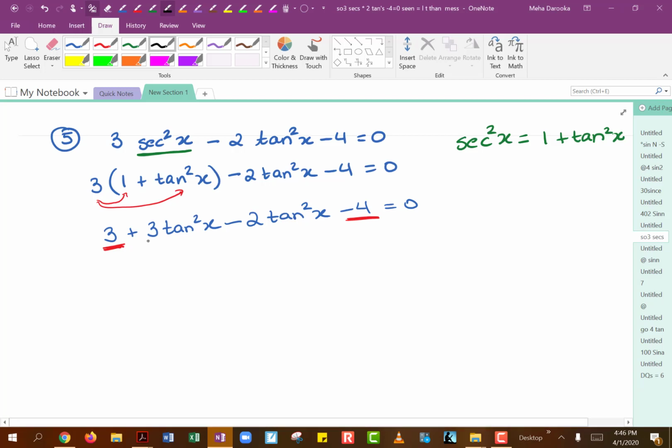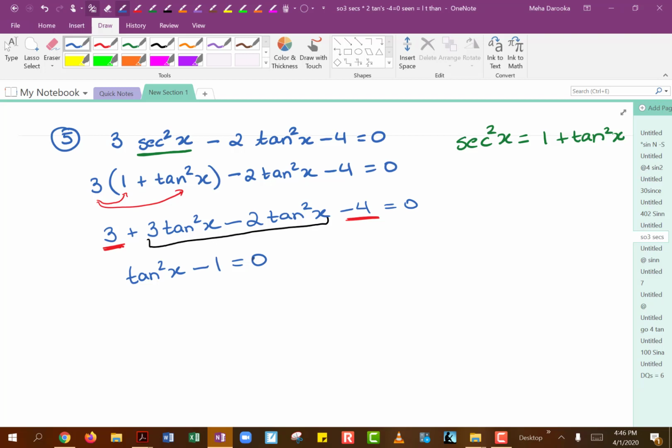And you can also combine these two terms, right? Positive 3 tangent squared minus 2 tangent squared. So 3 tangent minus 2 tangent will be obviously just 1, right? So that will be 1 tangent squared of x. And then with the constant terms, the 3 minus 4 will of course end up giving you negative 1. So you end up getting tangent squared of x minus 1